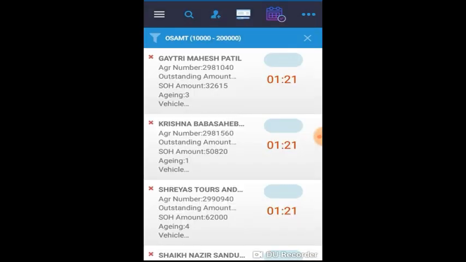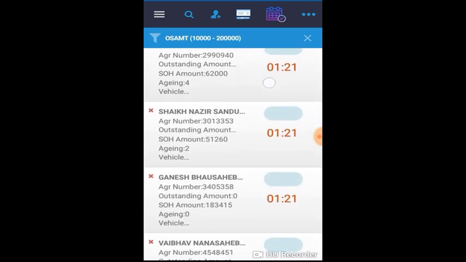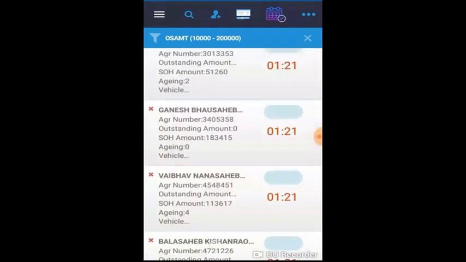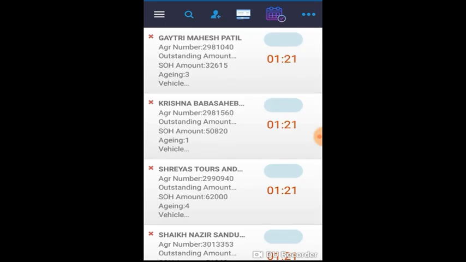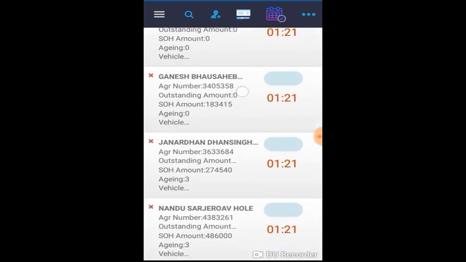As you can see, I have only those contracts visible whose criteria have been met in the filter. If I want to remove the filter, I will just click on this cross and I will be back to my original home screen view where I have all the contracts visible.